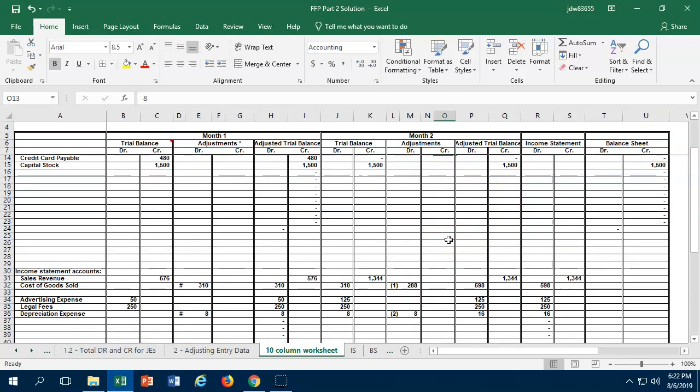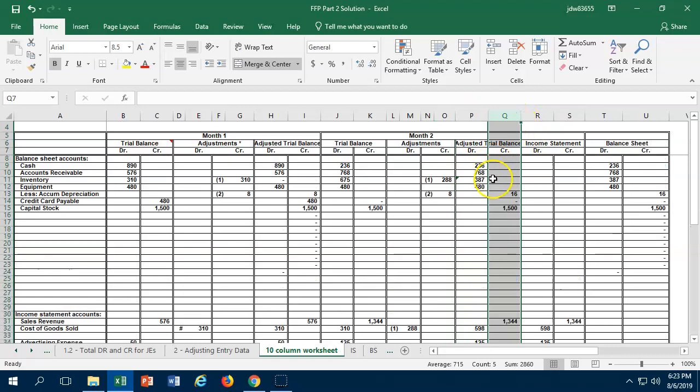The only thing on depreciation, I can't remember on part 3, is whether you add more equipment. If you purchase more equipment, then your depreciation calculation is going to change. So keep that in mind. But since we didn't buy any more equipment, the depreciation was just the same as the prior month. So then in columns P and Q,